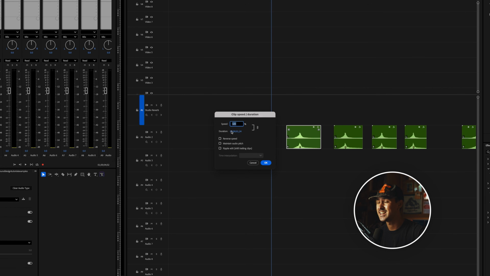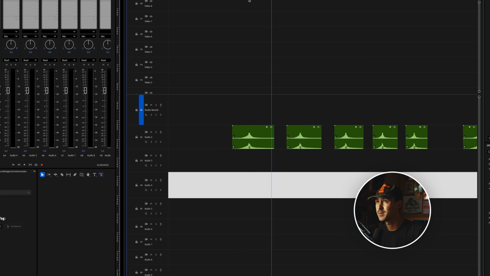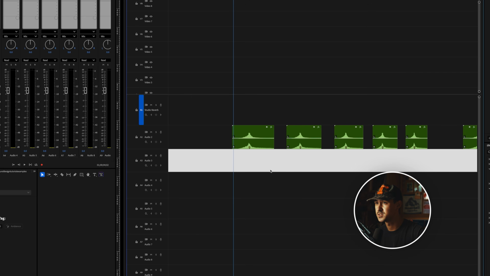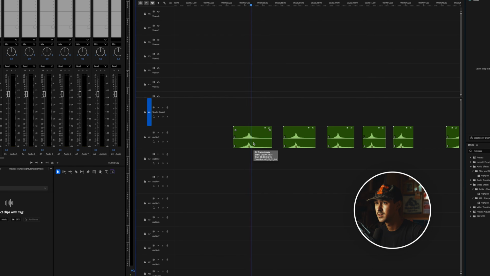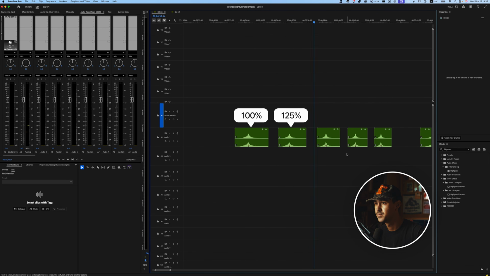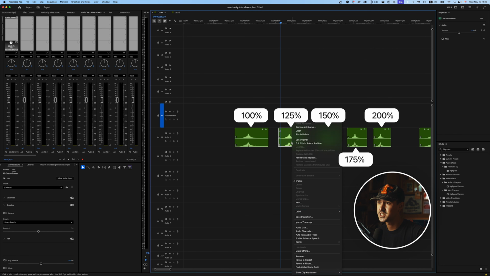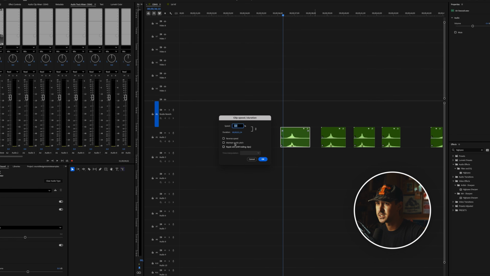Here, I've got it in increments of 25%. So this is 125 speed, 150, 175, and 200. Let's just hear them versus the 100 first. So regular speed, 125, 150, 175, 200. Now, the way that this affects the pitch is basically by speeding up, you compress the sound